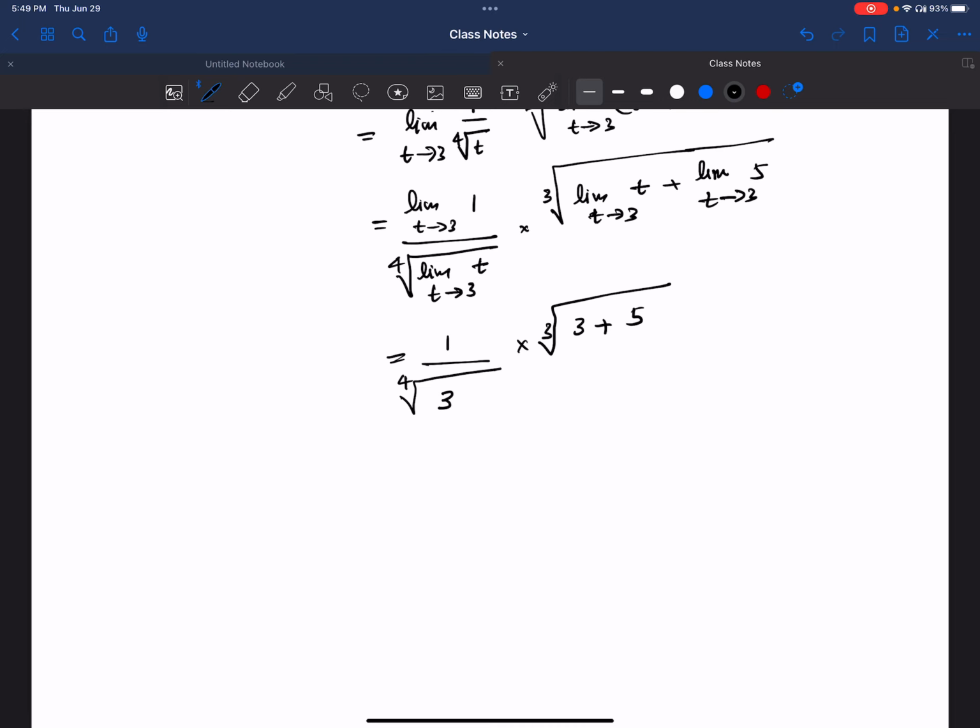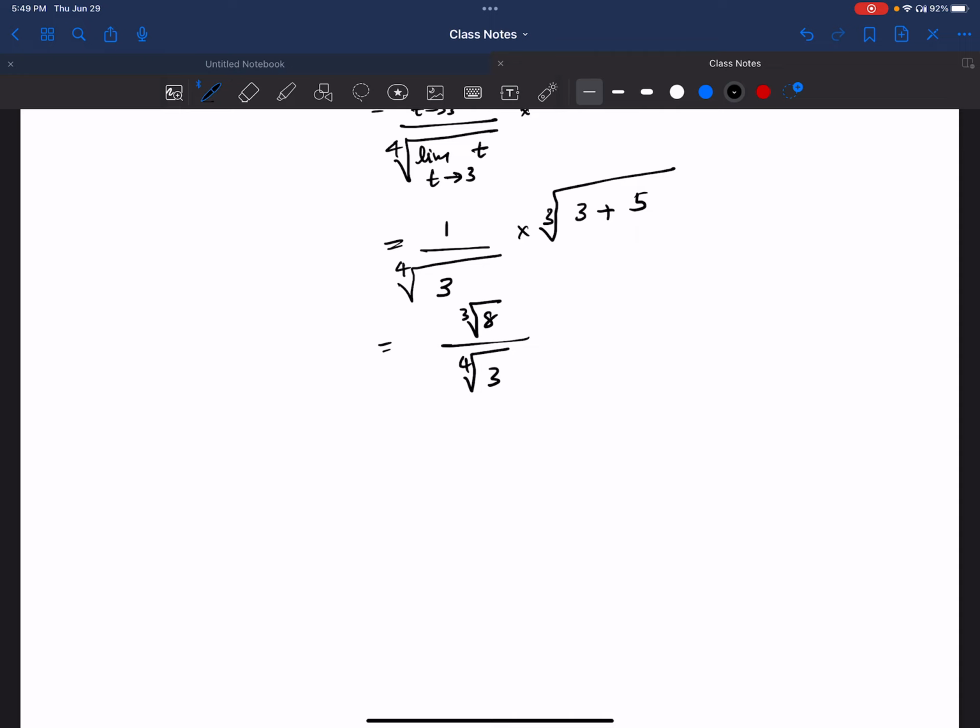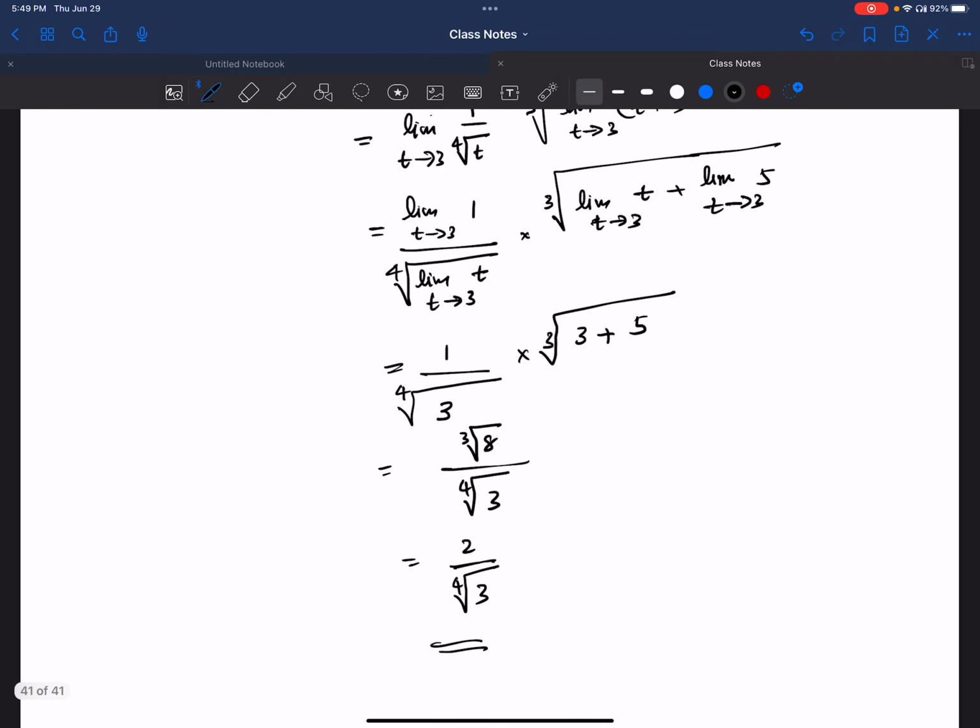3 plus 5. So this is 8, cubic root of 8, the numerator, and then fourth root of 3, and this is 2. Right, so that's the answer. That's the answer. Okay,